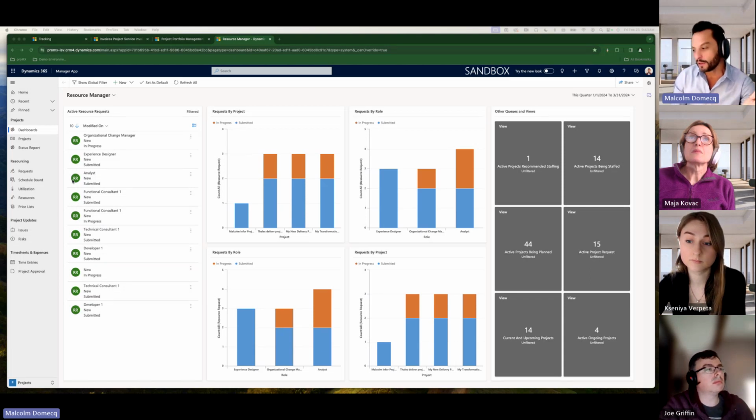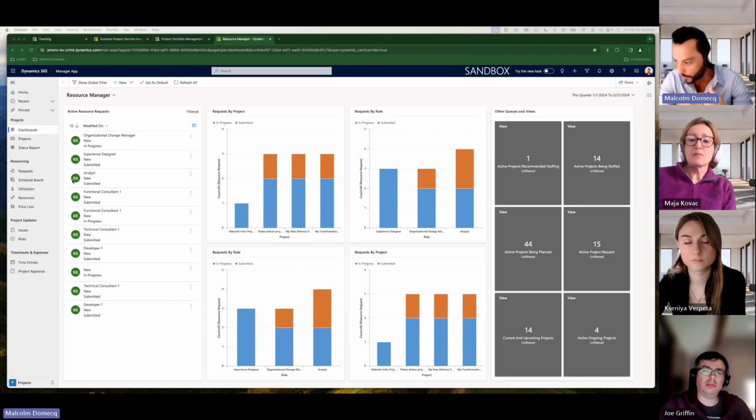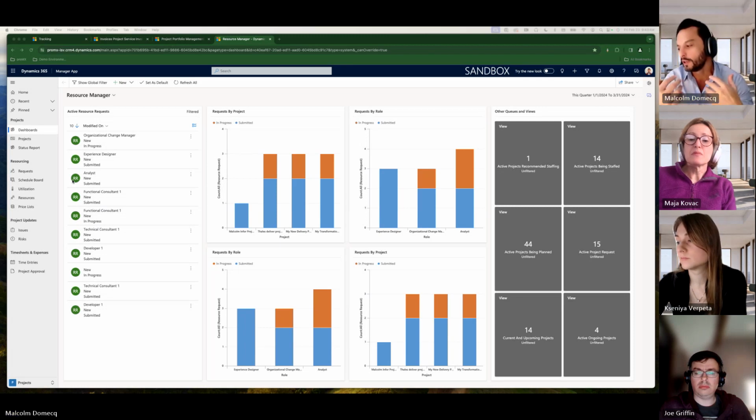Then you have the supply side, which is when all those request demands are generated, you have a resource manager who needs to take care of this. The first thing they say is, yes, the whole thing is nice, but it's super manual. We want more capabilities on matching on the skills matrix that you can create in Project Operations. So we created different views and different ways to go about matching those requests, and the resource manager managing